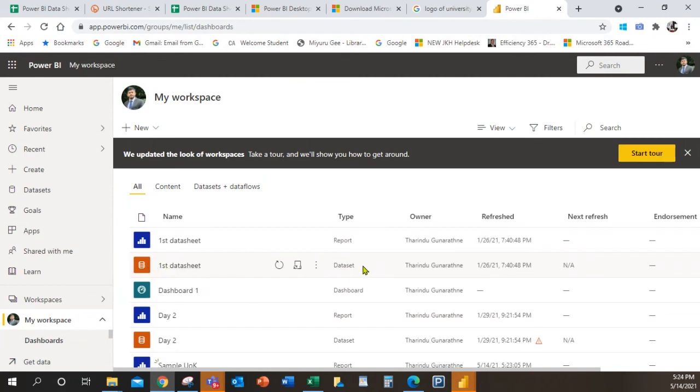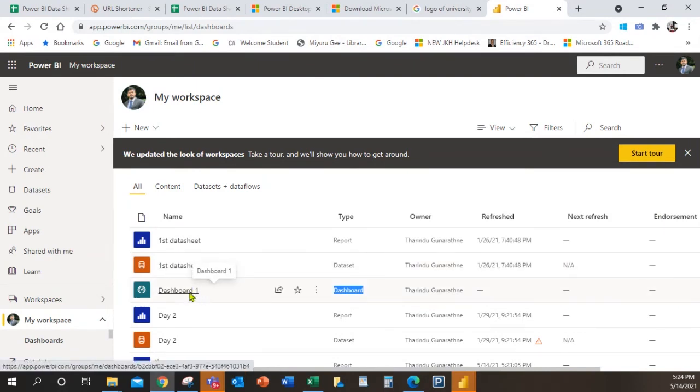This orange one is a data set, this blue one is a report, and this green one is a dashboard. We have three types. Let me open the dashboard first.